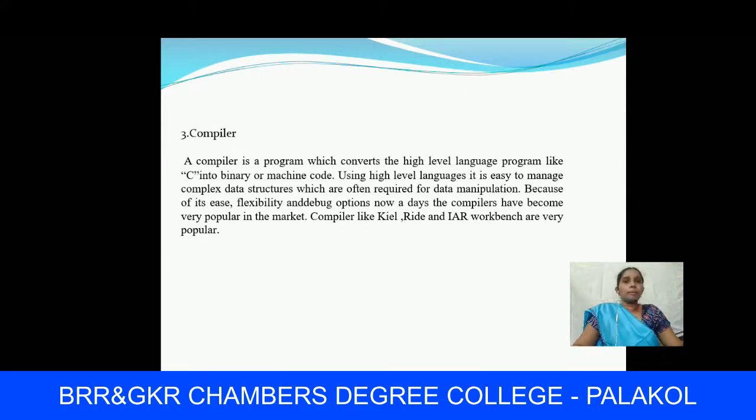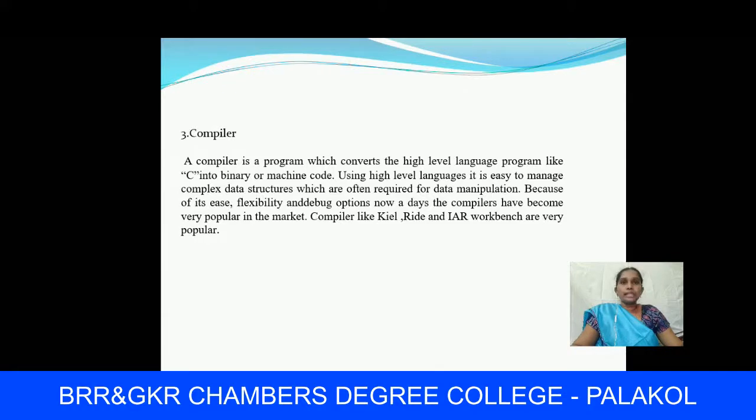So the compiler is also a program which converts a high level program, that means a high level program like C or C++, into binary or machine code. Using a high level language, it is easy to manage complex data structures which are often required for data manipulation.